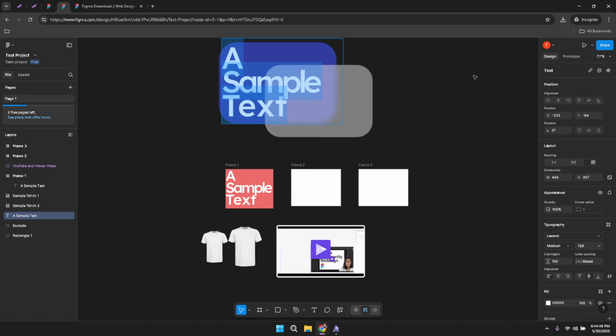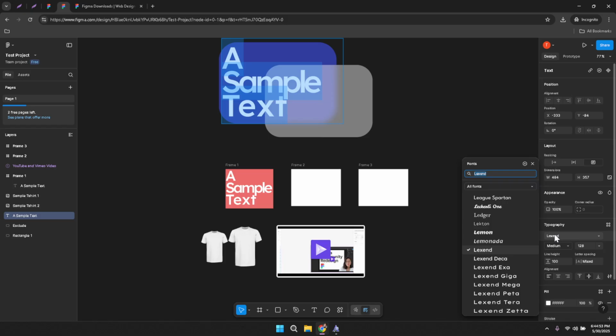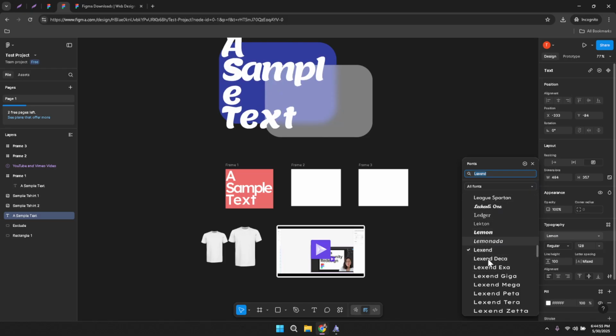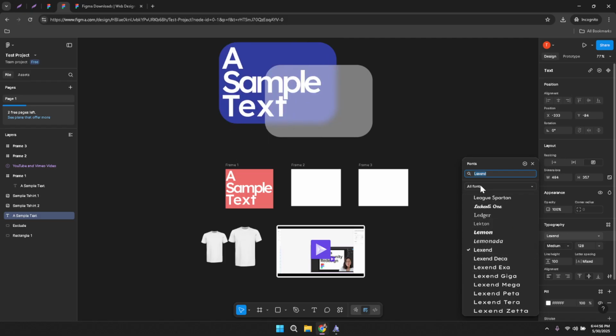What you will notice is that the font list has been updated to include the new fonts that were installed on your computer. This is because the font installer that you downloaded and installed earlier is designed to sync your computer's fonts with your Figma projects. This integration allows for a wider range of typography in your creative designs and ensures consistency between your design mockups